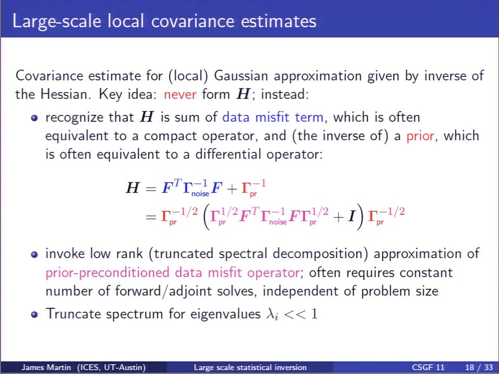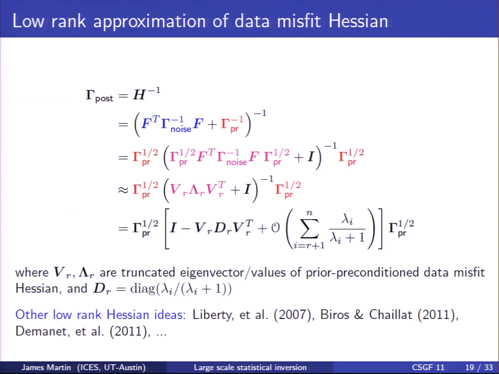And this is actually really nice because if we can compute a truncated spectrum for this operator, we only need to keep eigenvalues that are significant compared to 1, because as soon as they fall much below 1, we don't commit that much of a sin by just leaving them out. So if we can compute this spectrum down to the point where the eigenvalues are small, we're done. Well, we have hope of being done. This is essentially what I just said, that the order of the approximation is essentially lambda over lambda plus 1. When lambda is small, the error is small,